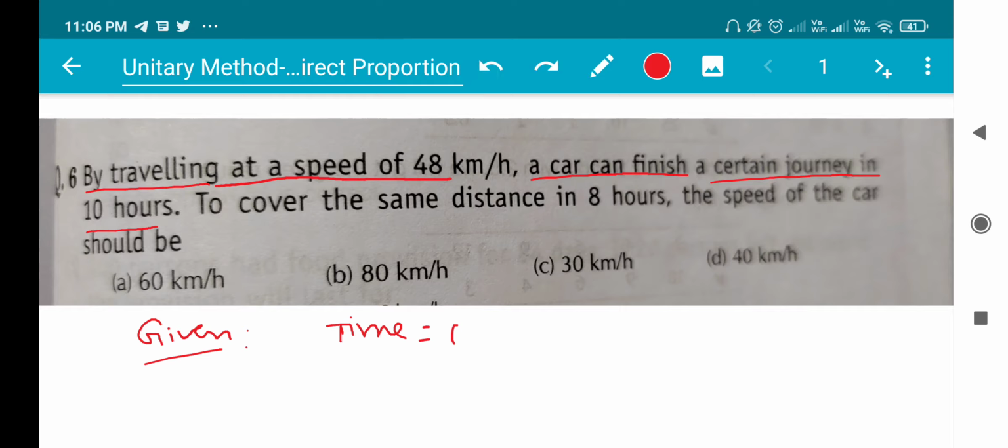The time taken is 10 hours to travel at a speed of 48